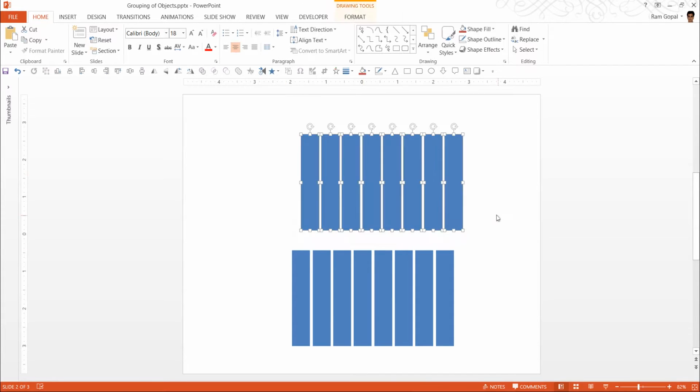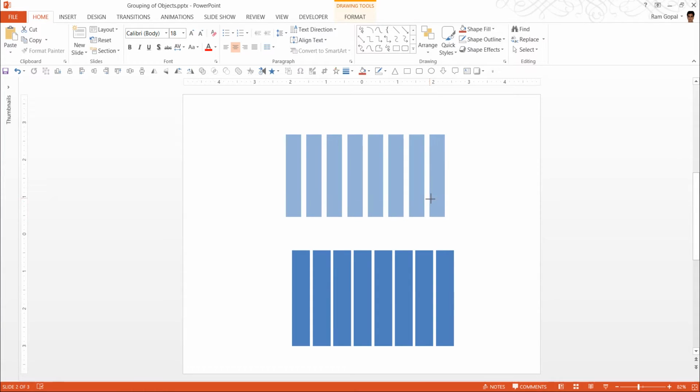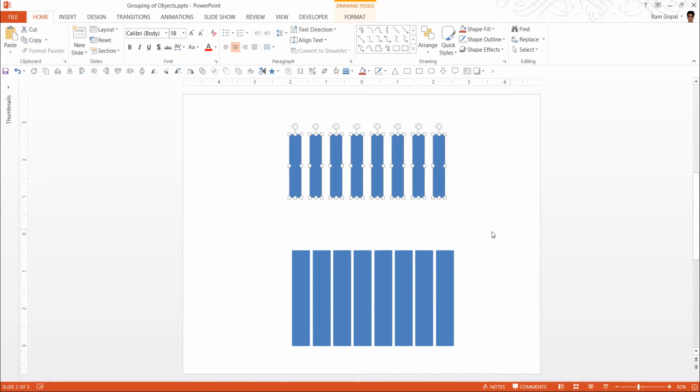If I were to resize these shapes to say 50% of their size, let me hold the Shift button and resize them. You can see that as I resized, the relative gaps between these items are not maintained.